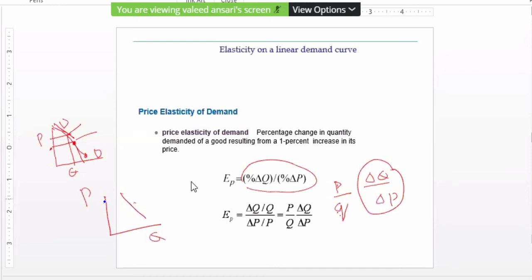For instance, if you take a very high P at this point, P divided by Q is this. So on account of this, the elasticity on a straight line demand curve will differ at different points, will not be the same. But this discussion I will take up in my next class in more detail to illustrate. But I am giving you the reason why this will happen in this way. Any question you have, you can ask before I close.